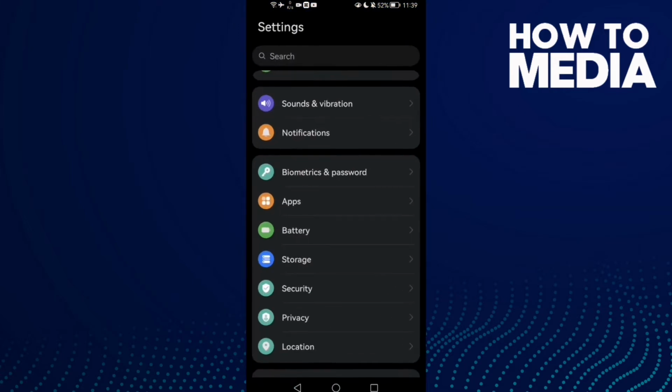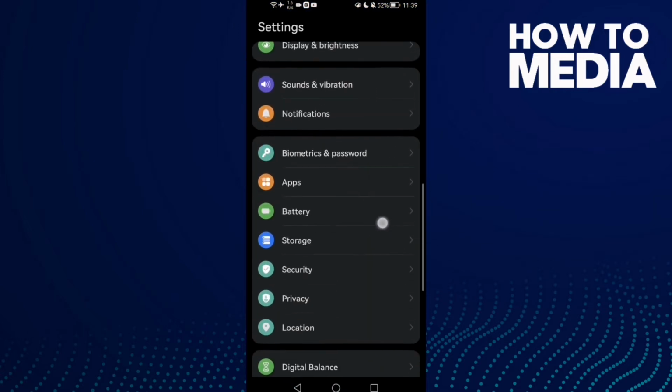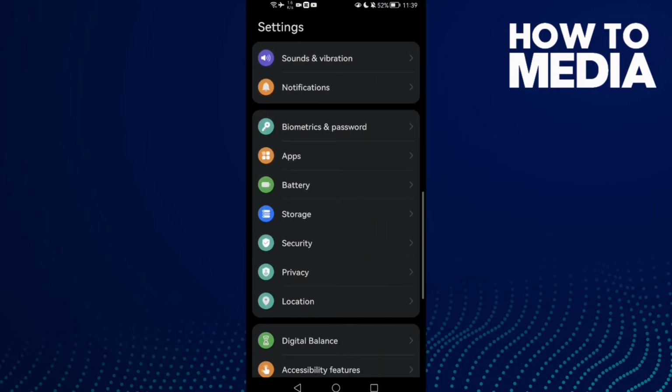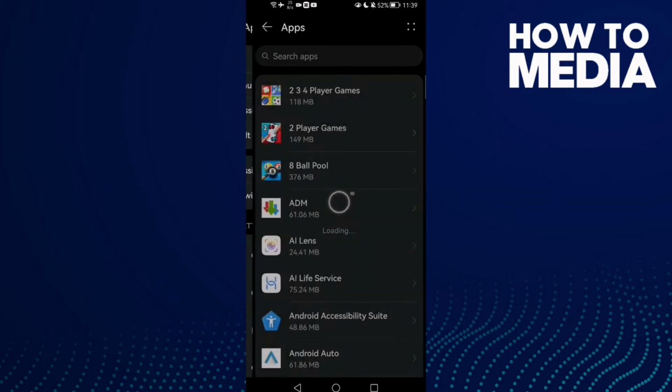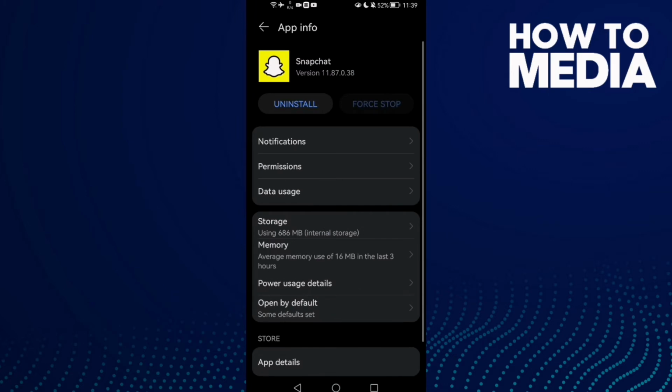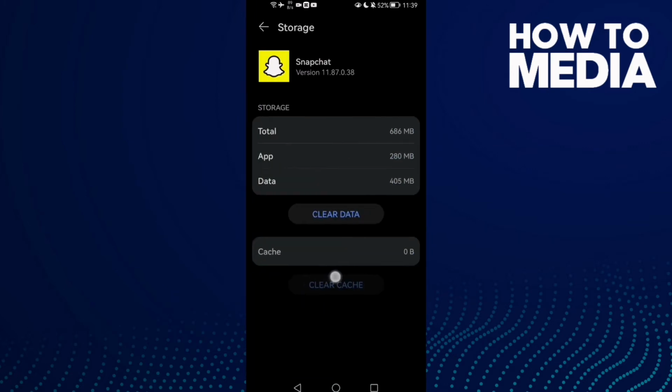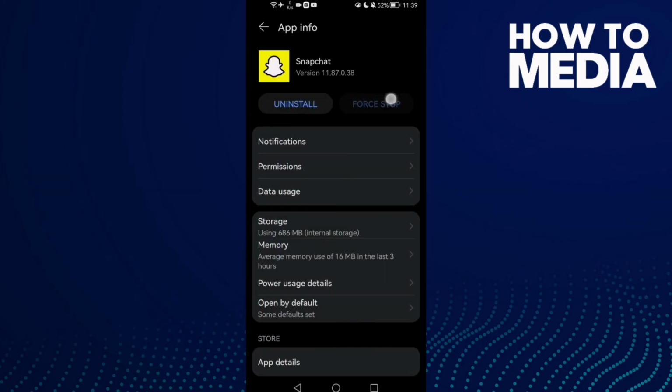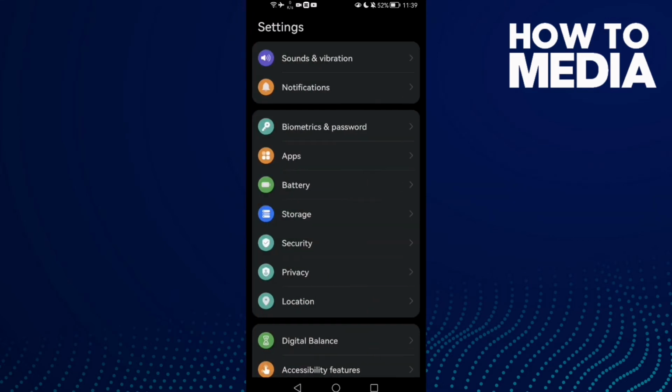First open settings and then scroll down until you find apps, and then apps again. Now just type here Snapchat, and after that click on it. Now click storage and clear cache, and then go to here, this one for stop, and after that go to